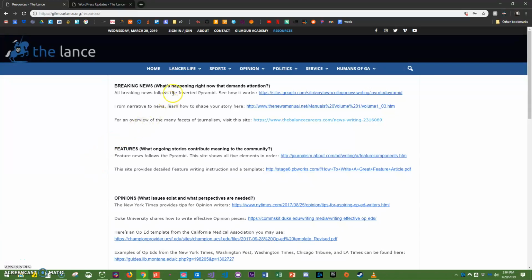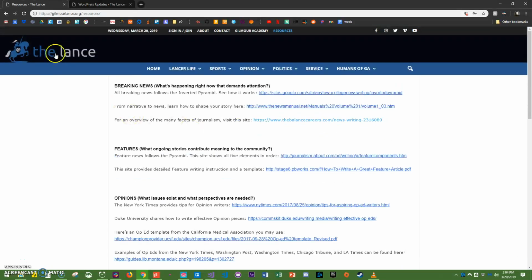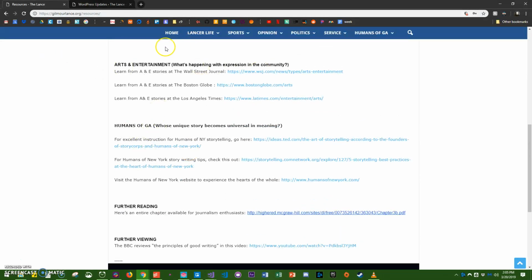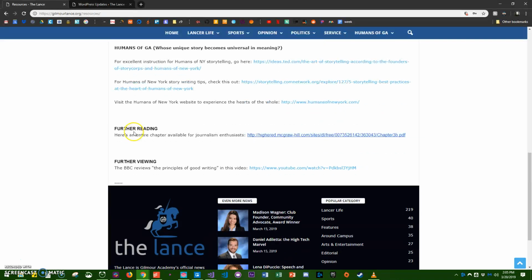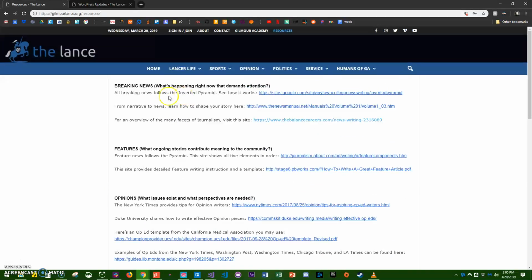Okay, we have a page here with a lot of basic text information, useful resources that Mr. Overman over at the Lance wants to share with people interested in how the school newspaper is operated. So this information here is difficult to digest and visually unappealing, and so it's on us as web designers to think about how we can make this easier to understand at a glance and easier to peruse and use that